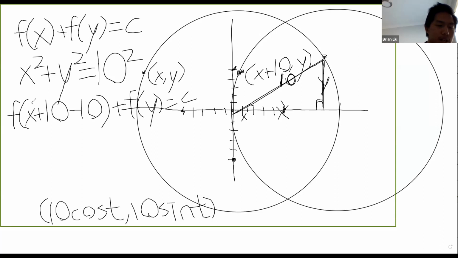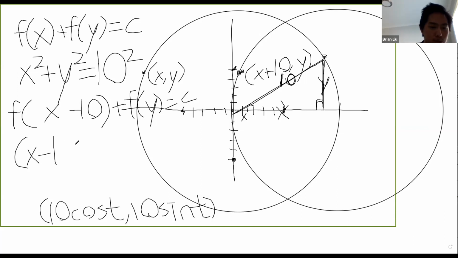But now notice that we wrote everything in terms of x plus 10, right? So if x, y satisfies this equation, then x plus 10, y satisfies this equation. And what it would look like if we wrote it as an equation would be, if x plus 10 was the new x, if we had an x over here, then we would have x minus 10 squared